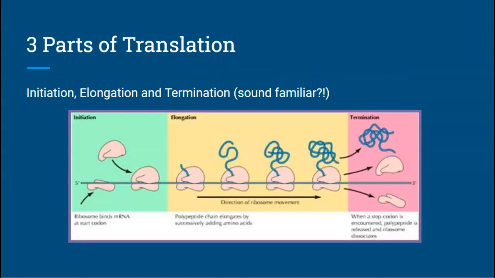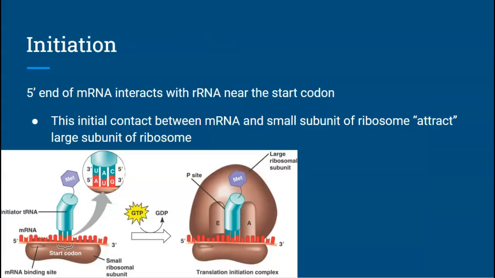Translation has 3 parts: initiation, elongation, and termination, which are the exact same steps as transcription, right? Same names at least, right? We're going to find the process is different, okay? But as you can imagine, initiation is the start, elongation is we're building it, and termination is the end somehow, okay? So with initiation, the 5' end of the mRNA that has that little cap on it, it is going